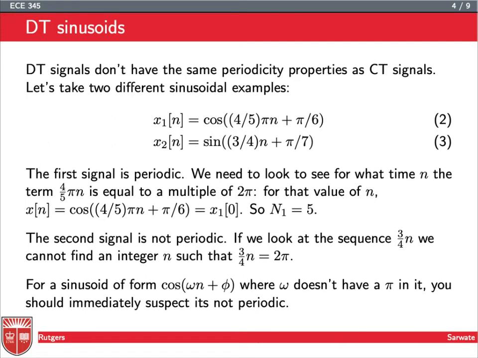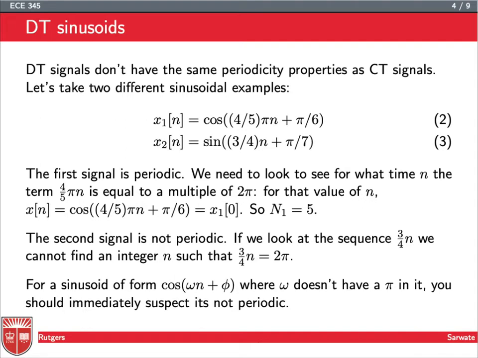Discrete time signals are not quite the same as continuous time signals, obviously, because they're discrete time versus continuous time. While it's still true that what's multiplying the n is what matters, it's not true that a plain cosine is necessarily even periodic. So if we look at these two examples, cosine of 4/5 pi n plus pi over 6 versus cosine of 3/4 n plus pi over 7 in the second signal,